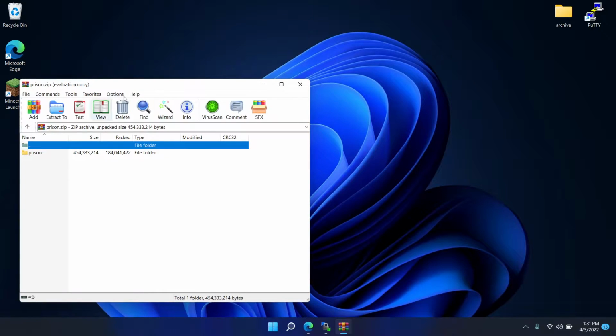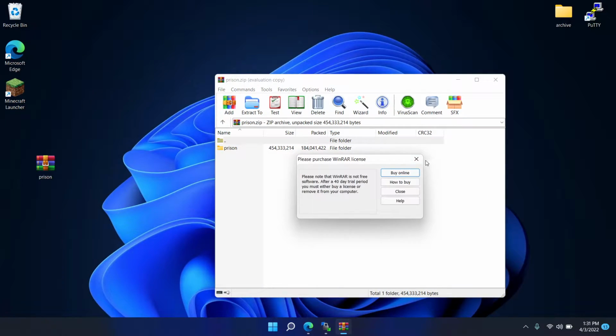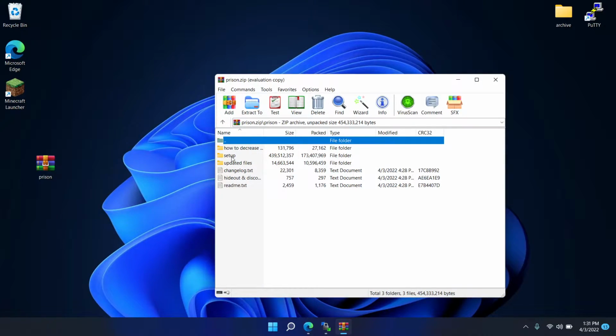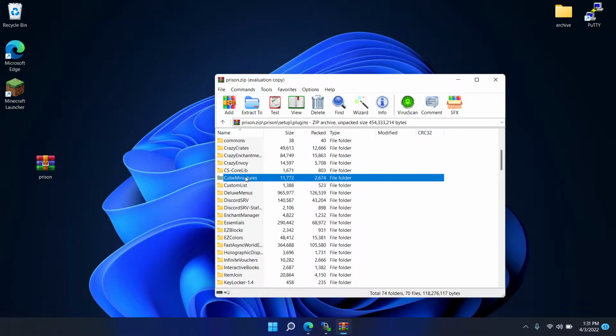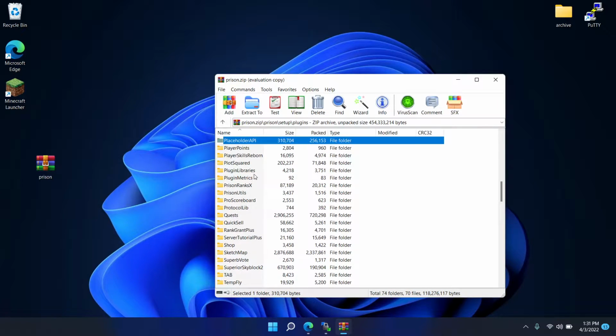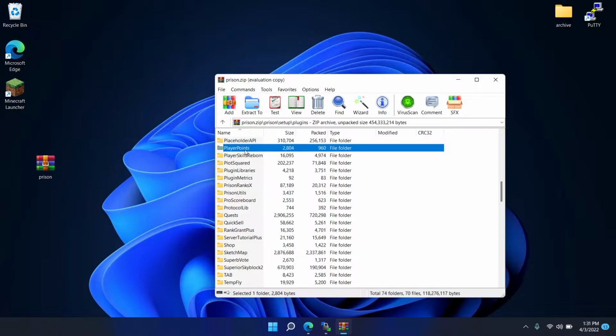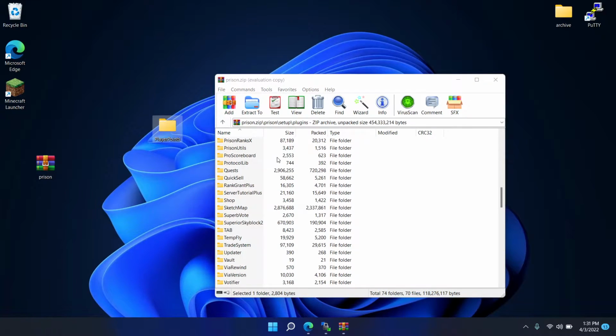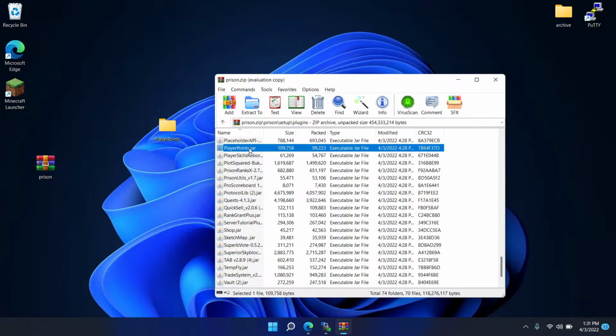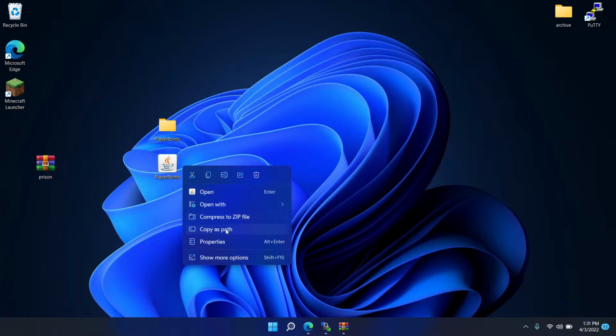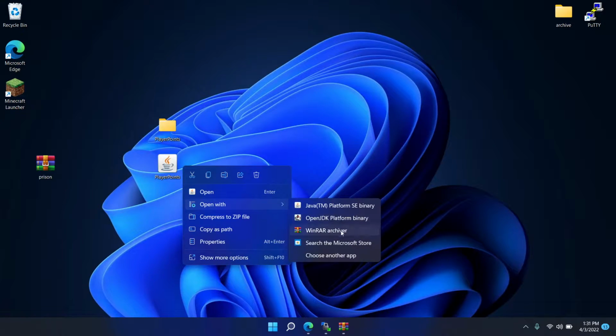And then you're gonna go to the prison setup, open this, go to the setup, plugins, and then you'll have a plugin called PlayerPoints. We wanna take this, and we wanna take the jar as well. So in this, you can click on open with and then WinRAR,